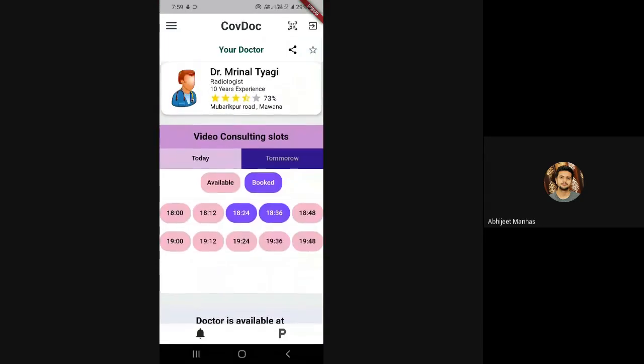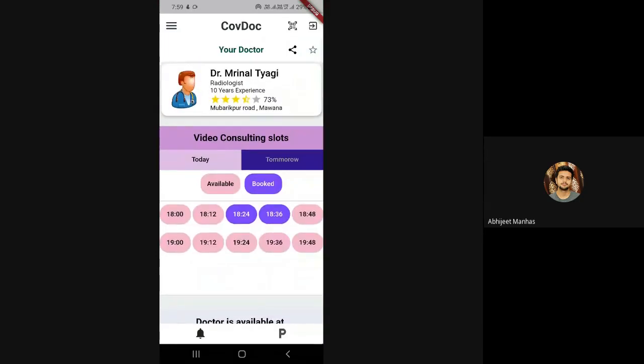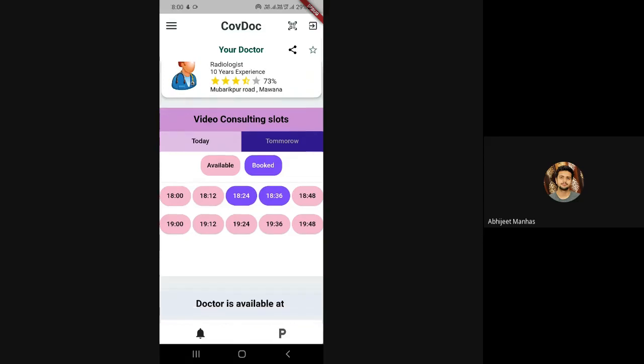Now, here is what we have done: we have created a default doctor who can take video consulting slots. Basically, he can give you video consultations. The purple ones depict the slots which have already been booked by someone else, while the pink ones depict which are available for us to book.